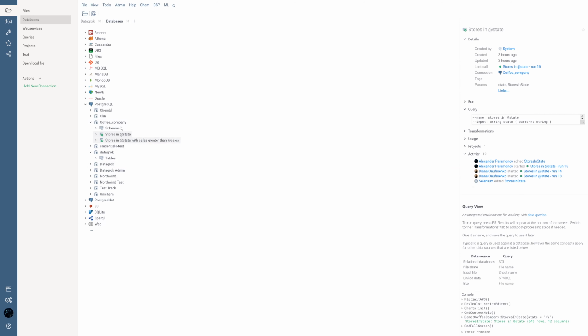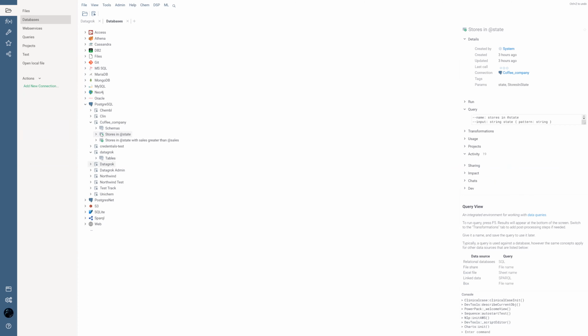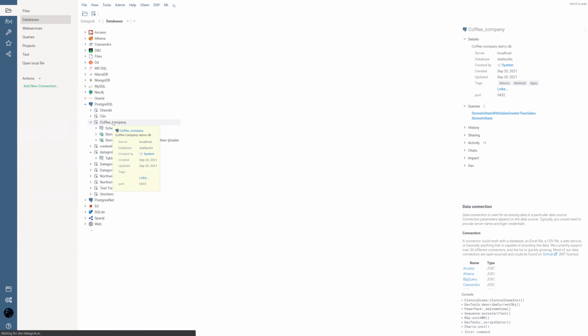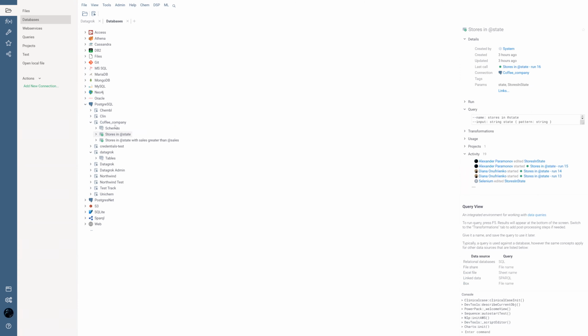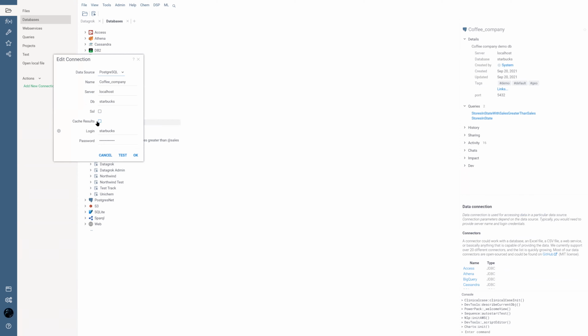So let's get a data query as an example. This is a simple data query, it just makes a very simple select from one of our demo databases. This is a connection to this database, and this is a query. There are multiple ways to enable caching. The first of them is to turn